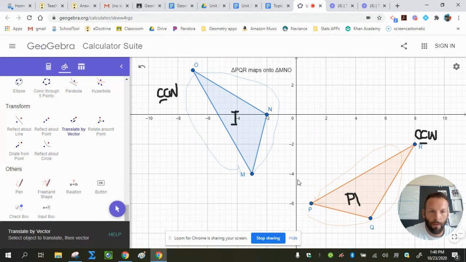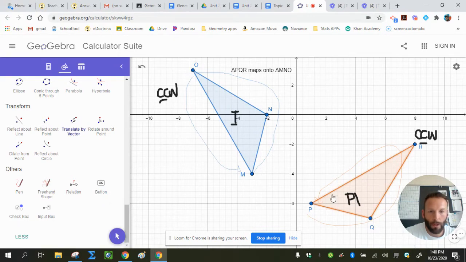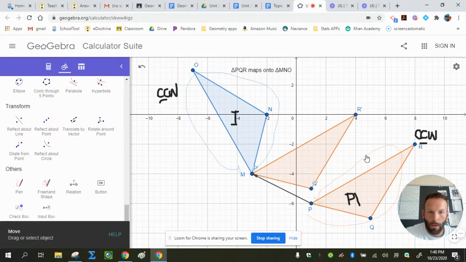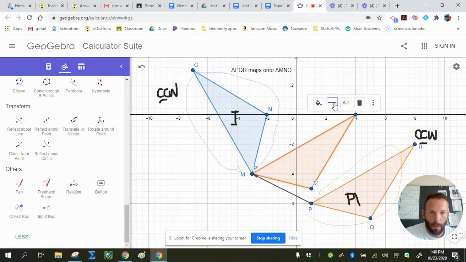So if I translate by vector, I'm going to take the pre-image triangle and move point P onto point M, and there it goes. So now let me again just make this a little different looking. I'm going to go with the dotted one, and I'll make this green. So here is the image of PQR, which becomes this triangle here. Now, by mapping a point onto a point, this right here must be the center of rotation, and